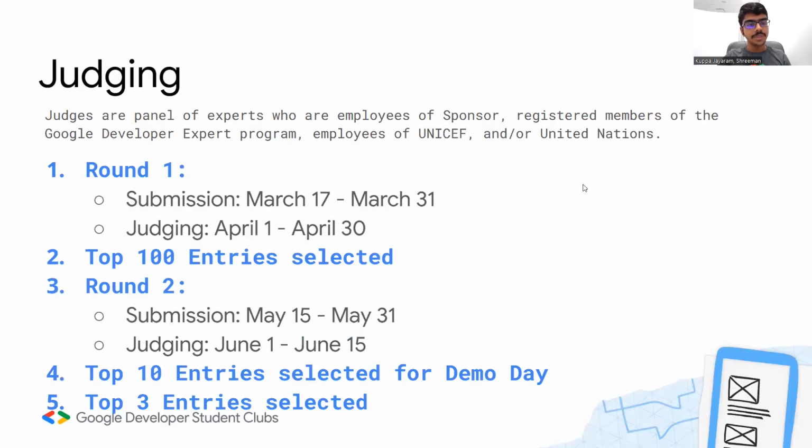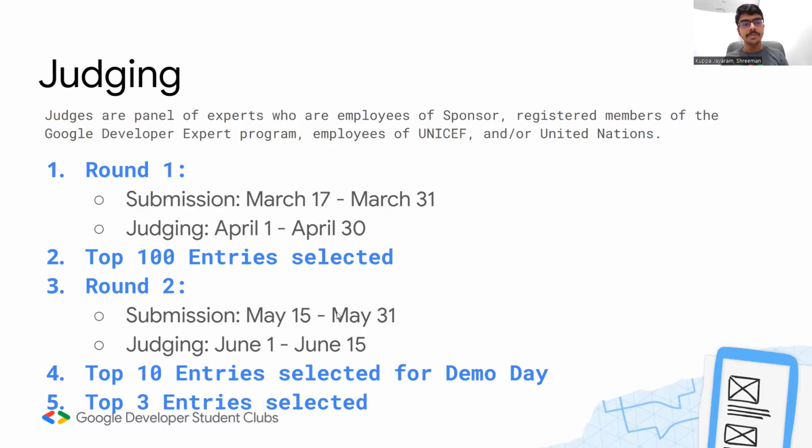So judging. What exactly happens after you submit the project? We will have judges who are a panel of experts who are employees of sponsor or registered members of the GDE program, employees of UNICEF or UN, who are part of the Sustainable Development Goals. After you submit, there will be a judging period for about a month, and the top 100 entries all around the world would be selected. So after that,